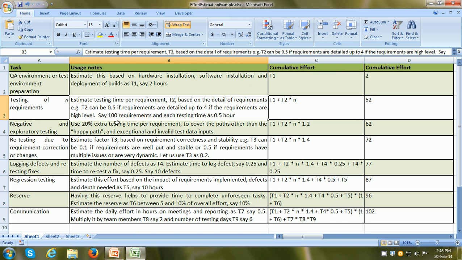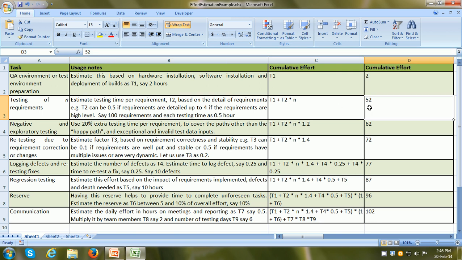So let us say we have 100 requirements, and they are detailed requirements, and we are going to keep the testing time per requirement as 0.5 hours. So 100 requirements into 0.5 hours means 50 hours plus 2 hours for test environment preparation. So our running total so far is 52 hours.